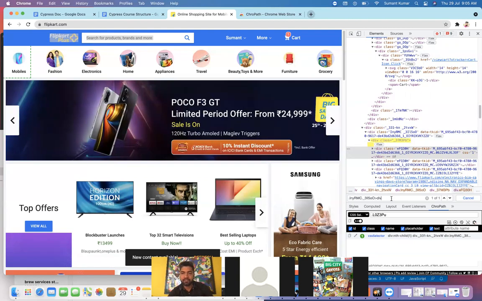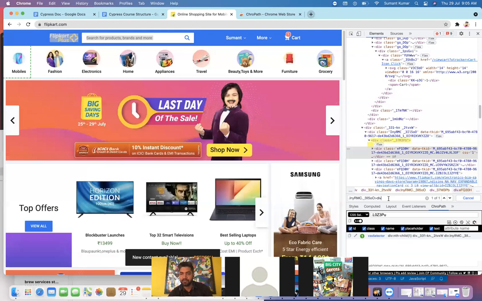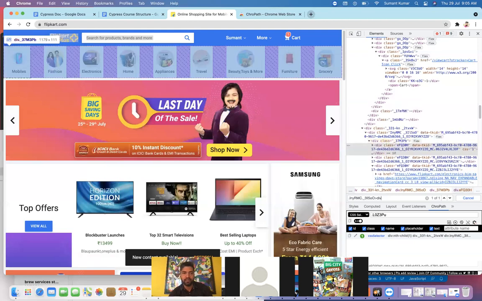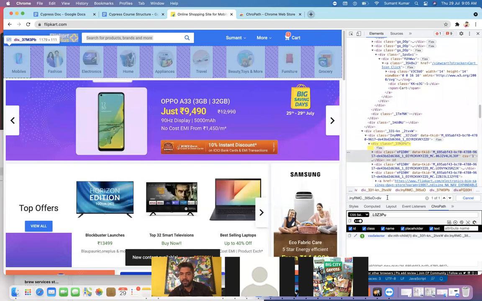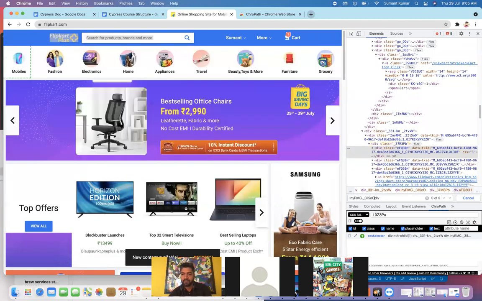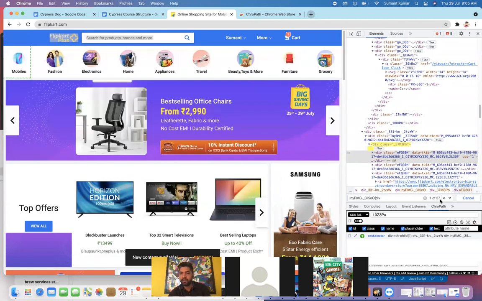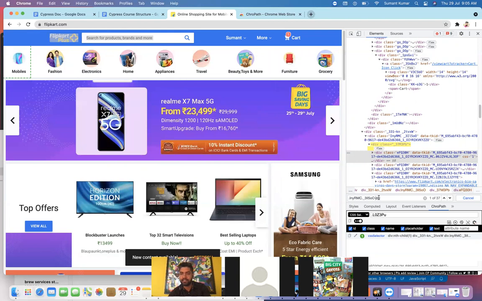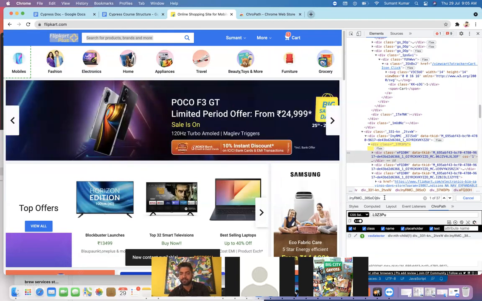But again, we have some difference between the space and this symbol. Once I use this symbol, it's highlighting only one element, right? You can see. But if I use the space, we can get all elements. So I guess a space will work as a double slash.